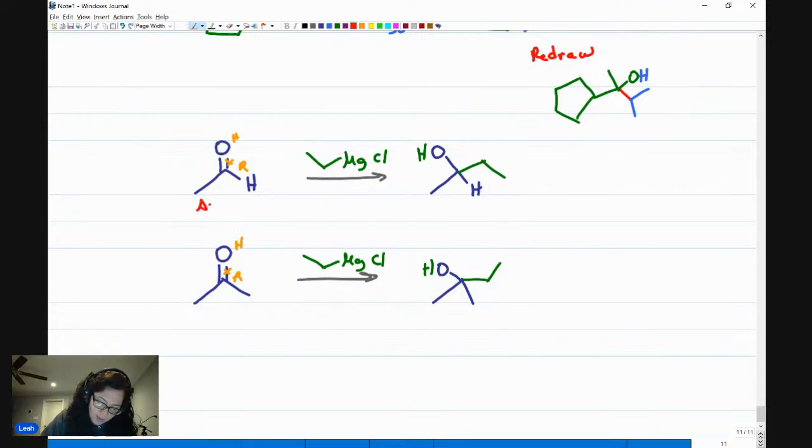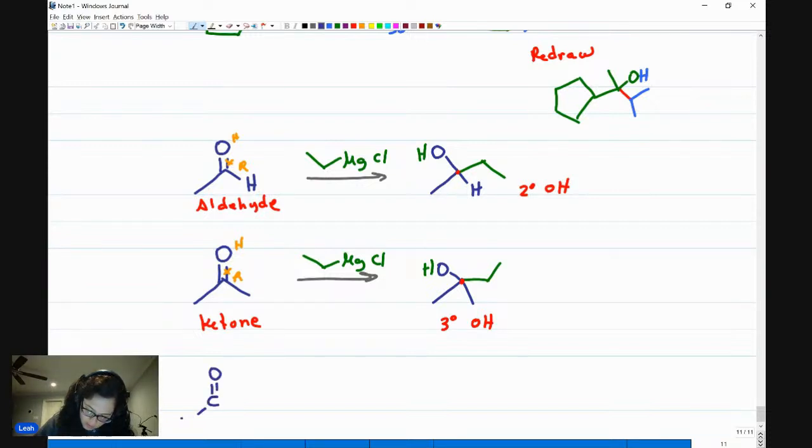Here's the pattern. I had an aldehyde. I created, notice my alcohol is secondary. I had a ketone, and I created, notice, a tertiary alcohol. If I start with formaldehyde, because Ishan, I think it was you or Scott, was it you who asked about it earlier? If I have formaldehyde, form tells me it's just one, which means it's an aldehyde with two hydrogens,